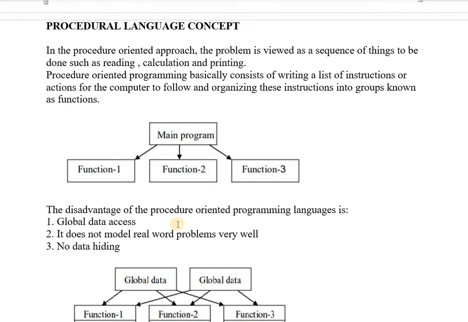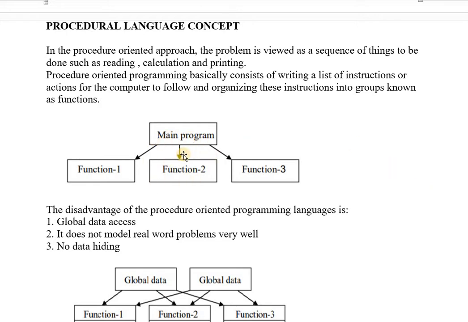So we have studied C programming also. We have to write various functions to implement certain operations in that programming language. C is the best example for procedure oriented languages, and this language is totally based upon the functions. It explains the various ways to write a function. So a complete program is based upon the function. So you can say functions are the building blocks of your procedure oriented language.